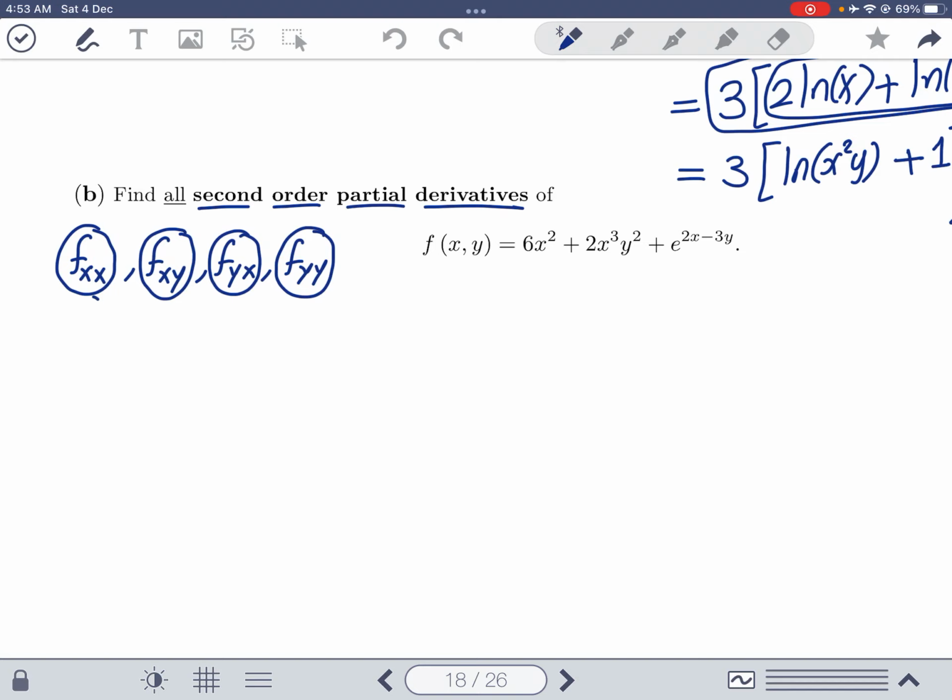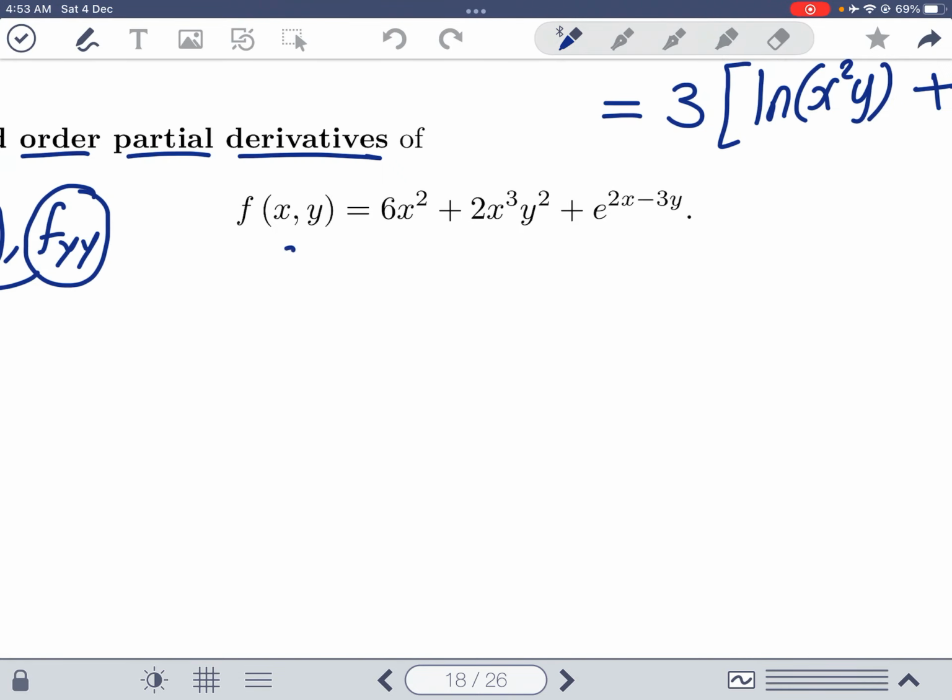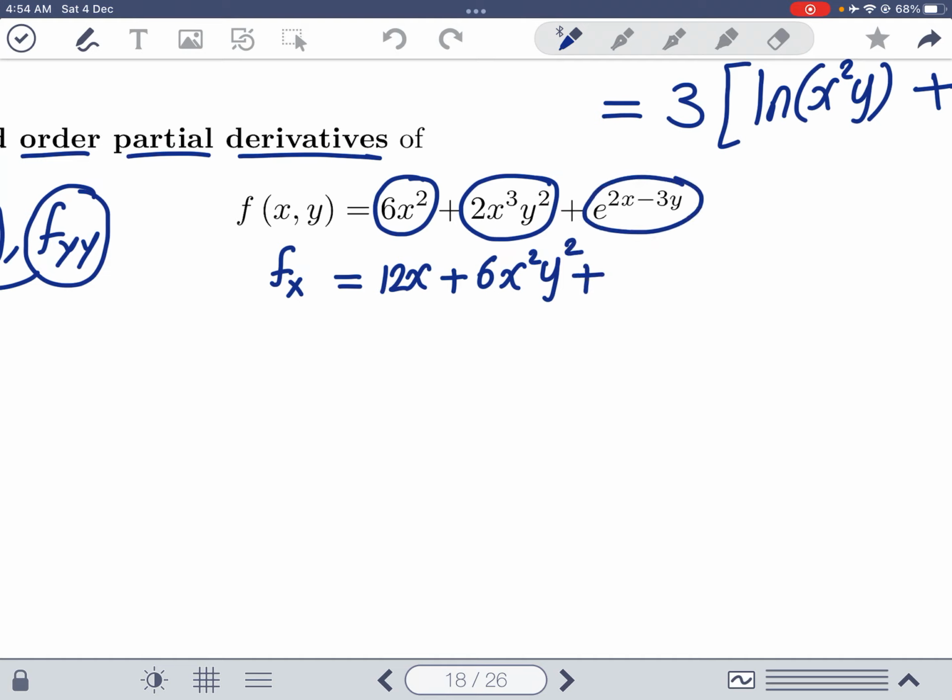But notice, in order to do them, you need to first do the first order. So let's do fx first. This is a straightforward one. Okay, so you'll see. With respect to x, this is 12x. Plus, with respect to x, notice y squared is a constant for you. But the 3 will come down. 3 times 2 is 6. X squared, and the y squared remains as it is, plus exponential, always without thinking, write it as it is,